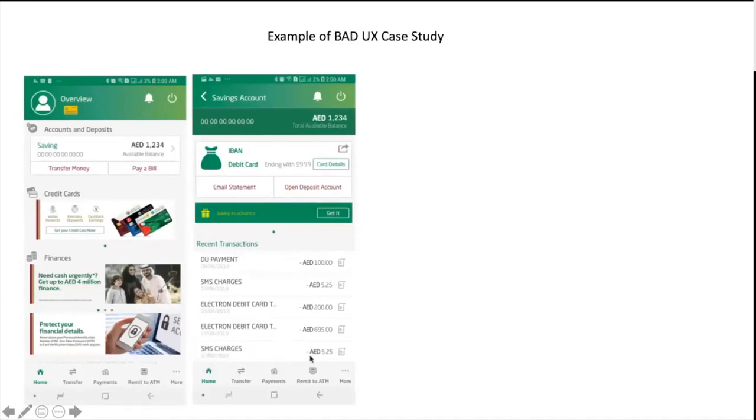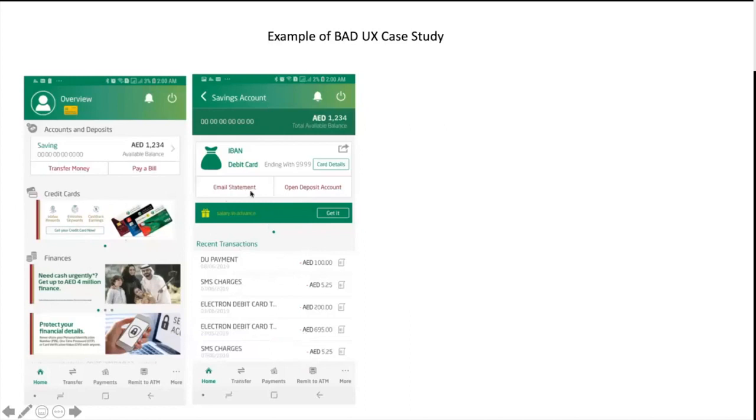It stops right there. It stops at SMS charges. It does not scroll any further, so I can't see where I spent the money last month. To do that in this app, it's possible, but after many trials and error and after I spent a lot of time trying to figure out how much money I spent last month, it turns out that I need